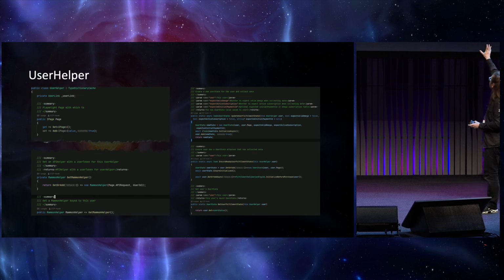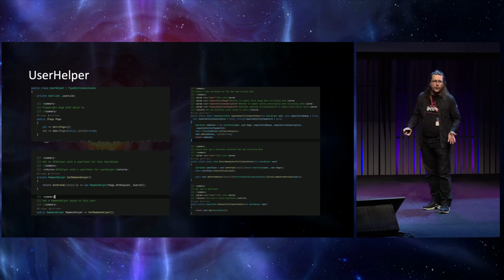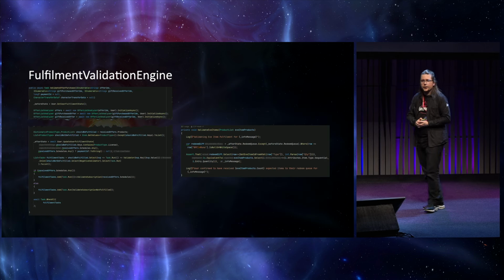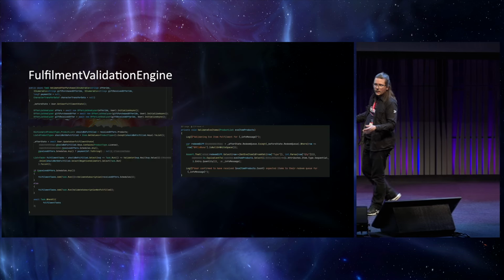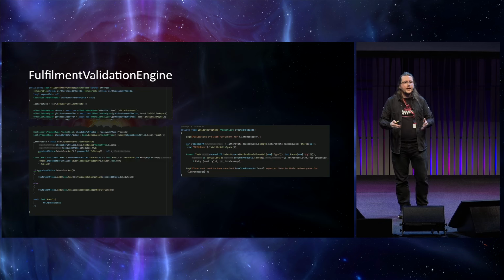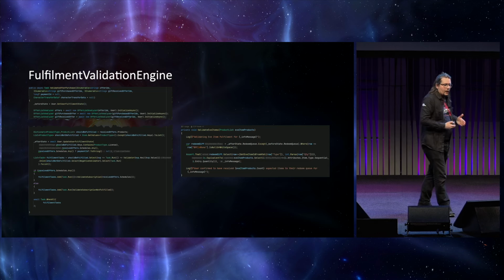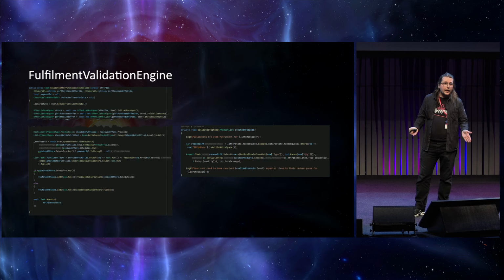For example, here on the right, we have extension methods used to interface with a concept entirely foreign to the library version of the user helper, namely the fulfillment validation engine. Fulfillment is the action of ensuring that you, the user, get what you paid for. In our case, it means ensuring that any digital goods you purchase end up on your user account. From Omega time to in-game items, even things like subscription activations and character transfers are special cases of this.